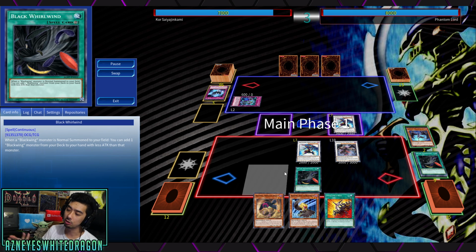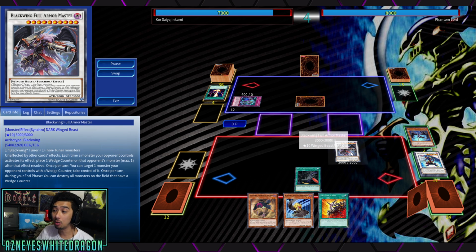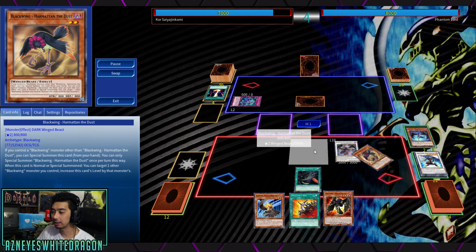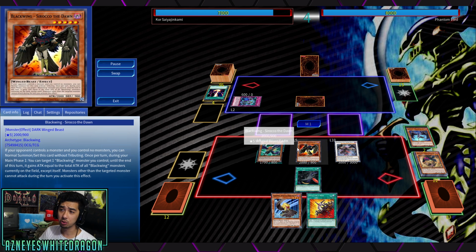Take 1,000 points of damage, and we lose out in the Black World due to the effect. Rigeki is activated, but full Armor Master will be there to go ahead and protect him over here. So this is a relay duel. How this works, if you guys are unfamiliar with how the relay...